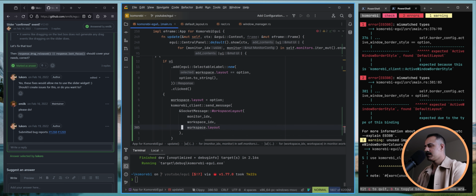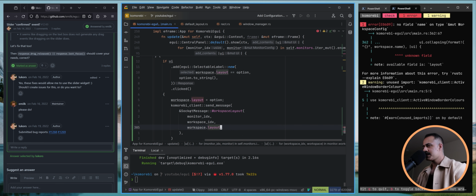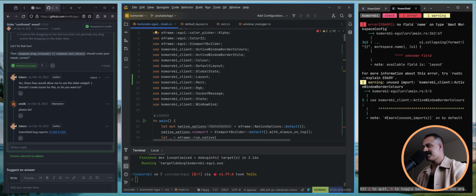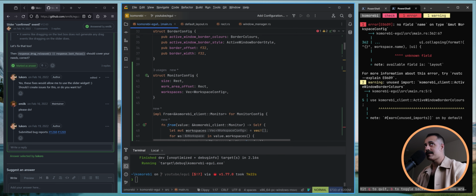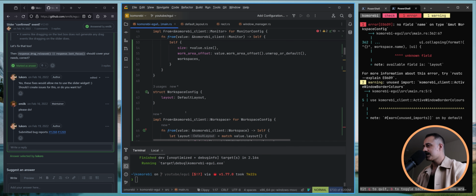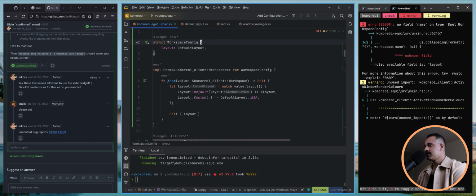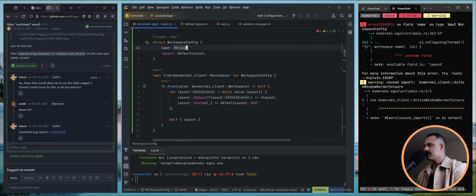Ooh. And before we can try this out, we do need to add workspace name, because as we can see, that is not being recognized. So let's say string,